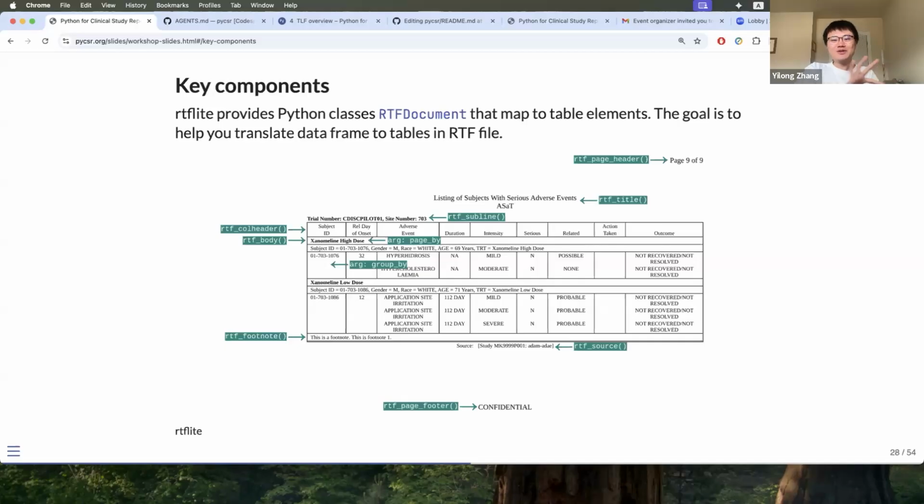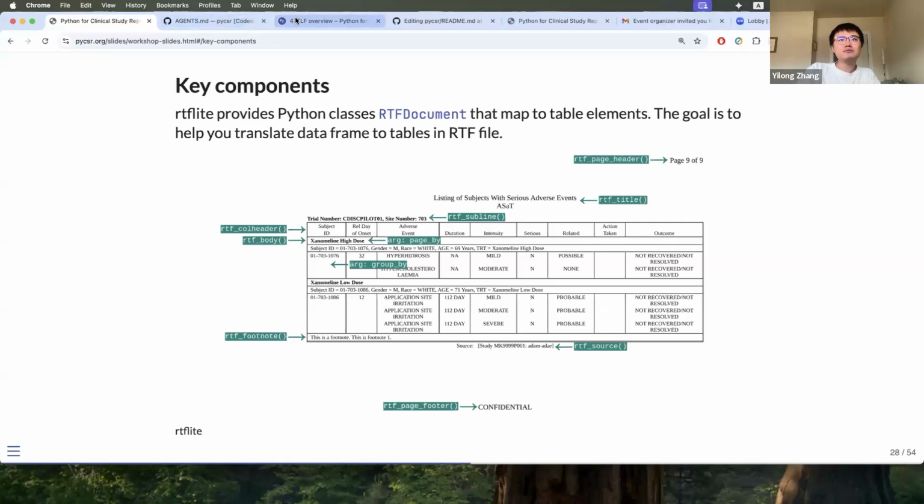I'll probably go a bit quicker here. You don't have to remember everything because you have AI, right? Whenever you want to do anything, just ask how this can be handled with AI, or more conveniently, if you are working in a VS Code environment, you can just take a snapshot of the desired table and put it into the AI agent to let AI give you some initial answer.